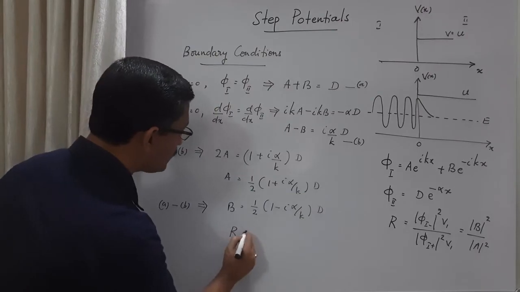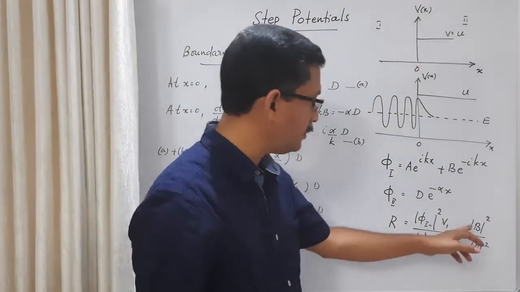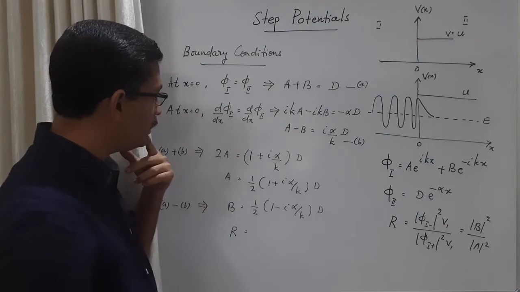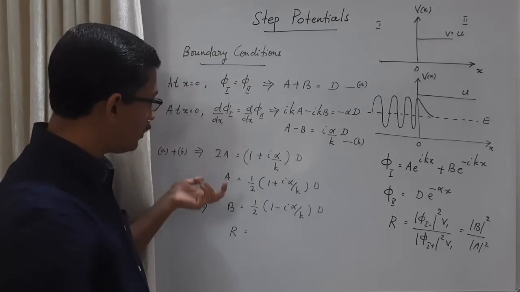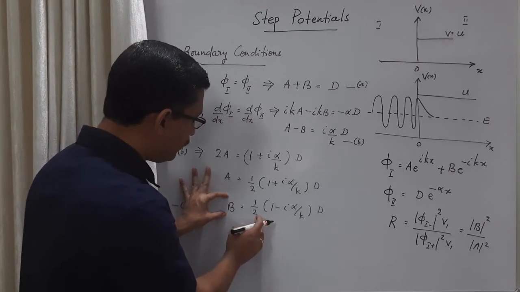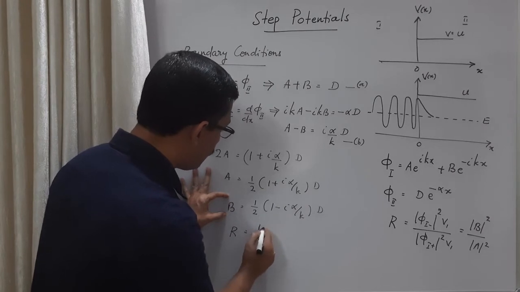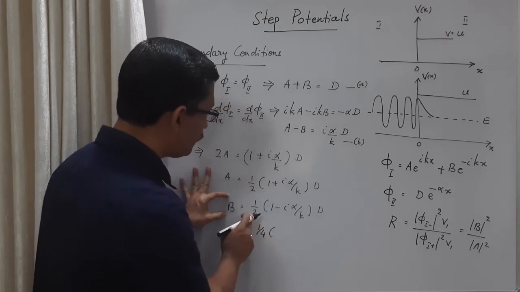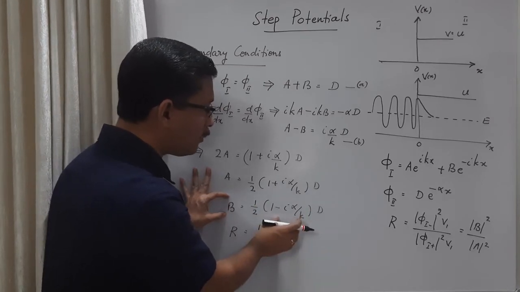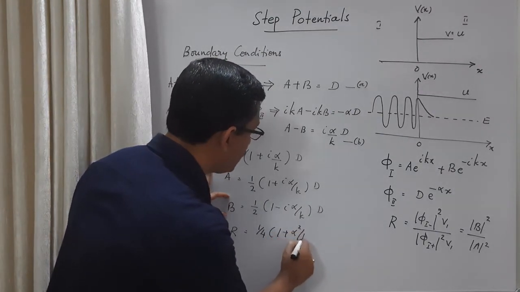Therefore, what is the reflection probability? Reflection probability is mod b square by mod a square, which means b b star by a a star. Now we can see that a and b are complex coefficients. So what is b star? We have b into b star, then 1 by 2 into 1 by 2, which is 1 by 4, and this into its complex conjugate, 1 minus i alpha by k into 1 plus i alpha by k. So we get 1 plus alpha square by k square